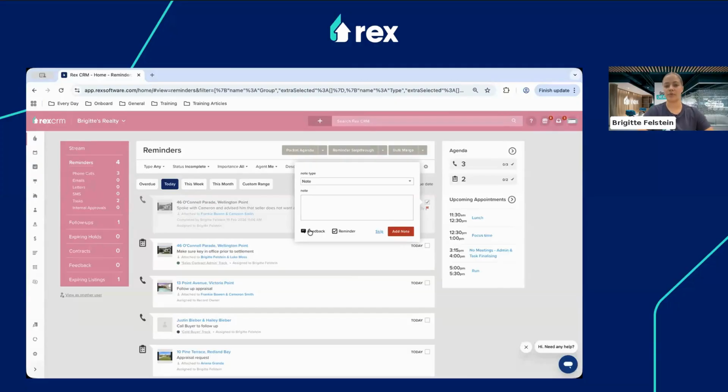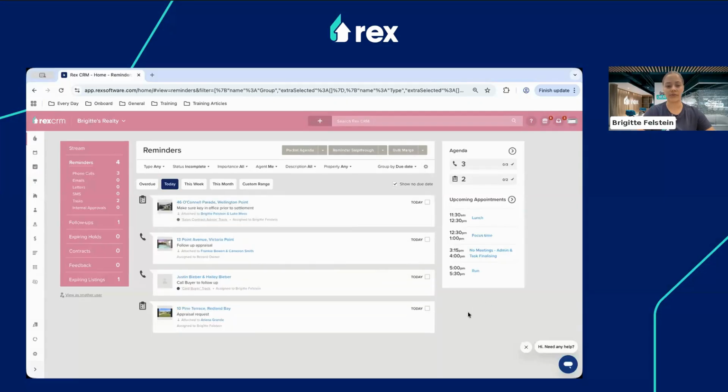You do have the ability, of course, to add in any feedback or reminders as well again. If you don't want to add in an additional note though, because you've added it in during the side drawer card section, you can just simply click on skip or click anywhere out of the actual box, and that task